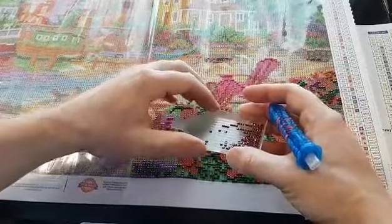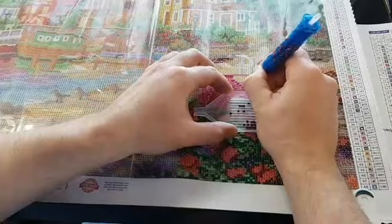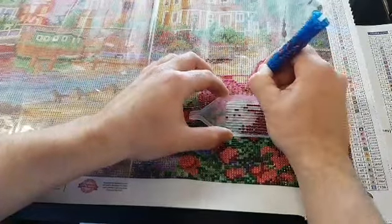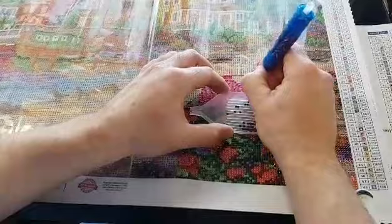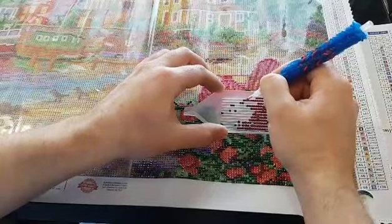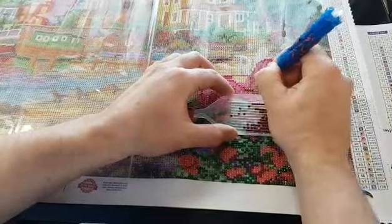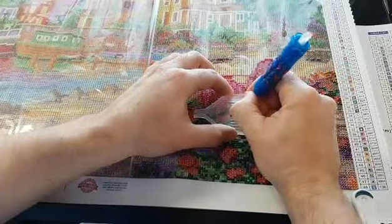I generally like the larger canvases, like these chalks and all that. Landscapes, nature oriented. Single character art pieces. I probably own quite a few landscapes. Wolves, dragons. I have Dragon Attack from Diamond Art Club as well. That's quite a scene. It's kind of a fantasy landscape. Characters. There's quite a varied subject matter